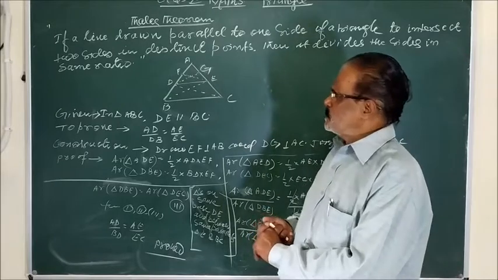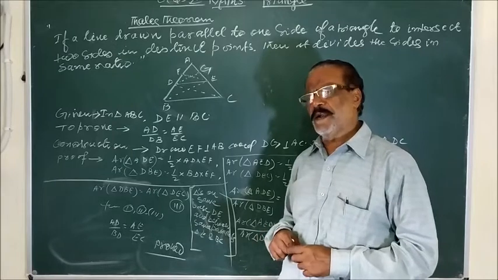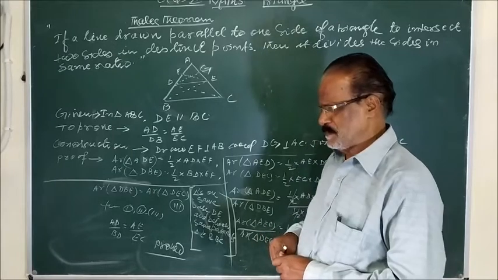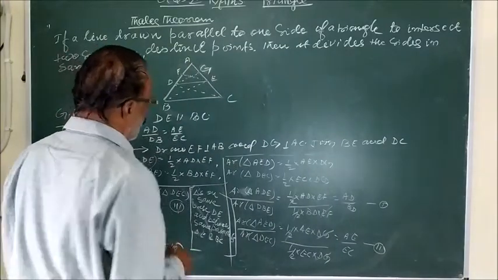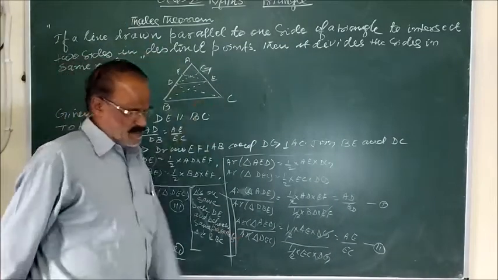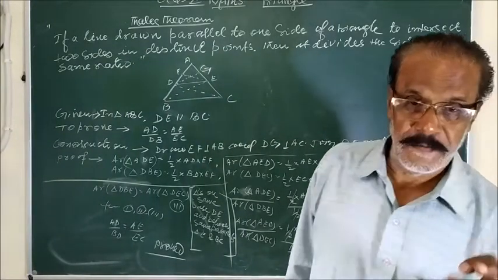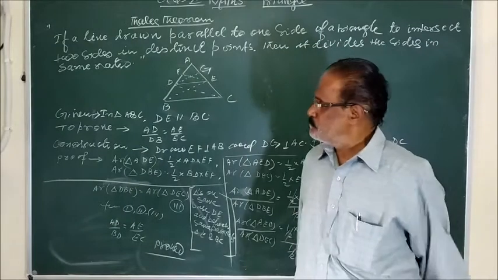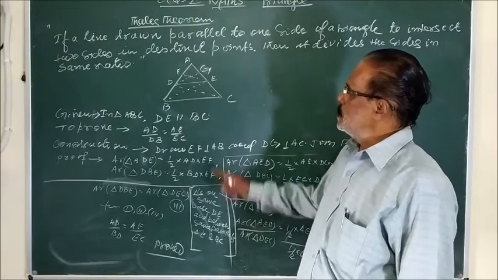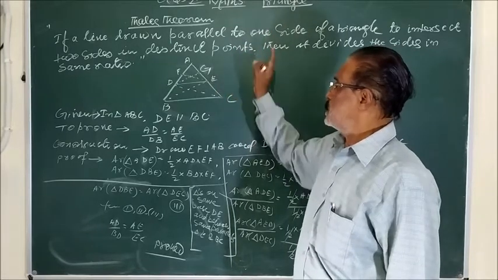My dear students, we have seen a number of mathematicians, Euclid, Pythagoras. Now you see here Thales. Thales has given a theorem in geometry. Thales had given, if a line is drawn parallel to one side of a triangle,